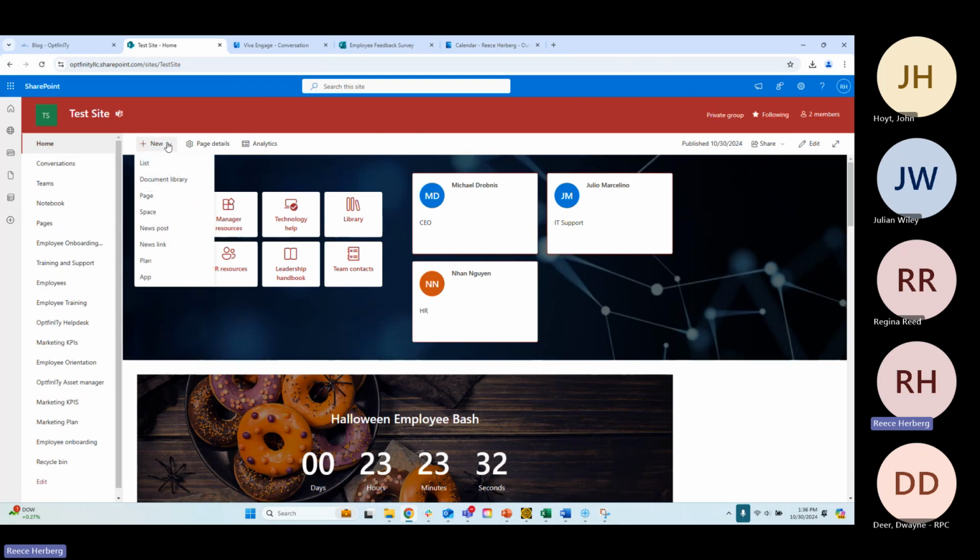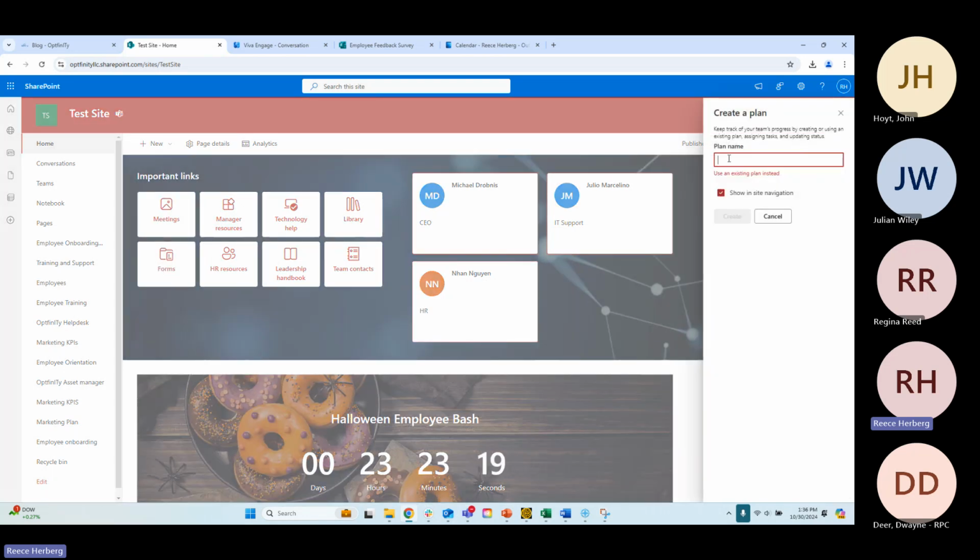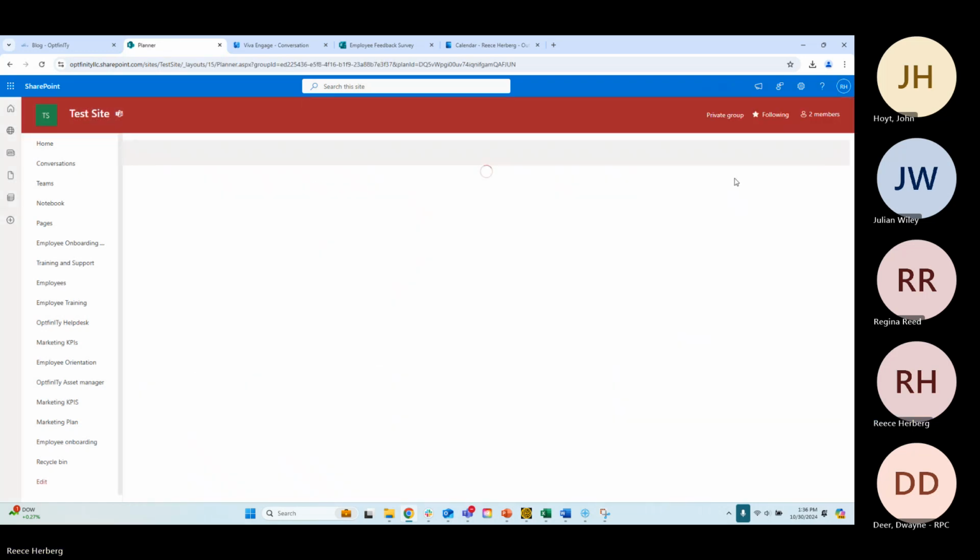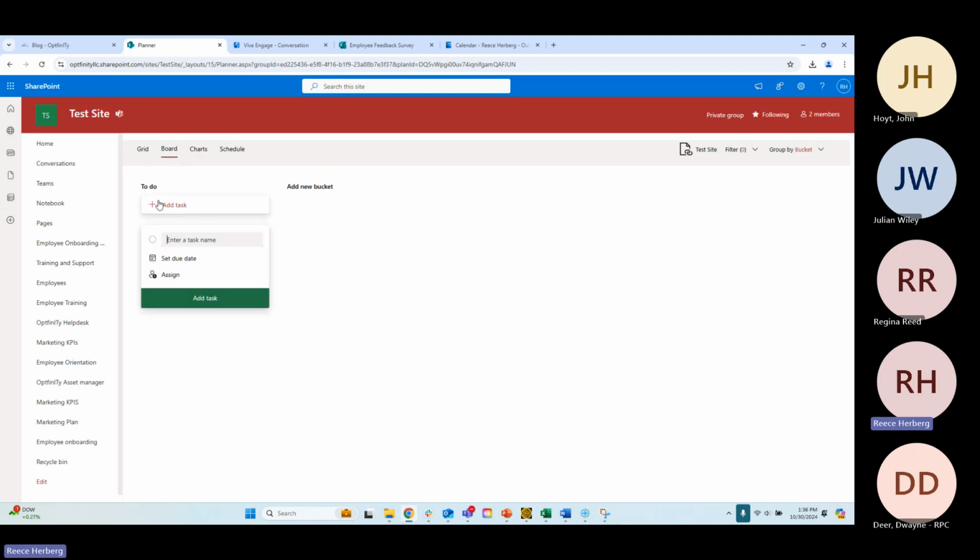Another fun aspect of SharePoint that you may not already be using is plans. Plans are a great way to keep your team on track with goals in an engaging and organized way. So say I want to keep track for my marketing team. I name the plan, and I press create. Plans are a great way to create tasks. If I create a task,